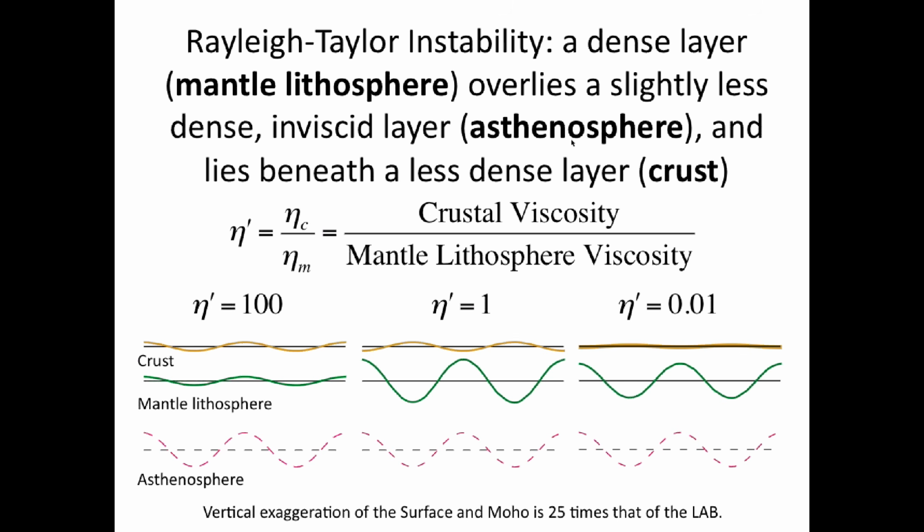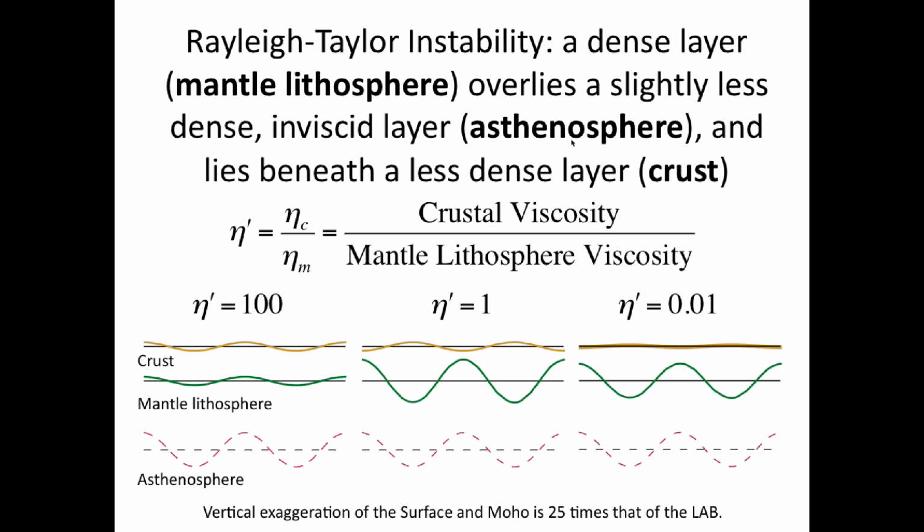understanding what he understood. But it turns out the only numbers that matter very much, because we don't know them very well, are the wave number or wavelength of the perturbation and the ratio of viscosity. And these are cartoon examples of 3 situations: one where the crust is much more viscous than the mantle lithosphere, one where it's much less viscous, and one where they're about the same. What's plotted are deflections of the lithosphere-asthenosphere boundary down here, shown with this red line, and vertically exaggerated 25 times compared to the others.